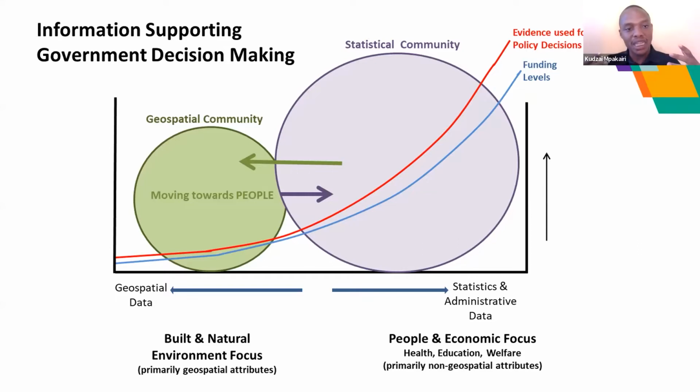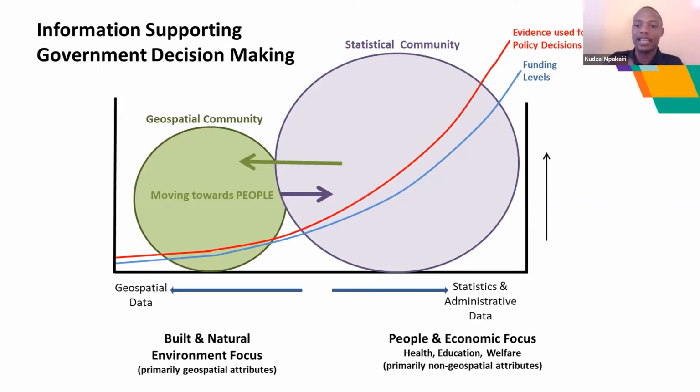So when we integrate the geospatial community and the statistical community, it allows us to provide more evidence for decision makers, so that when they decide to make or put across any policy, that policy comes from an informed decision. And in terms of the levels of funding, it becomes easier for decision makers to fund the research or to fund that policy, because some of the issues that are ongoing in Africa are that